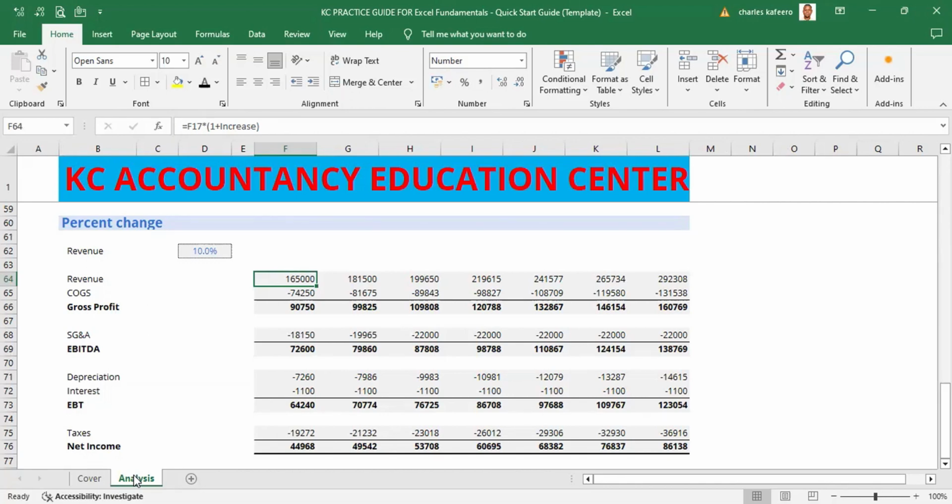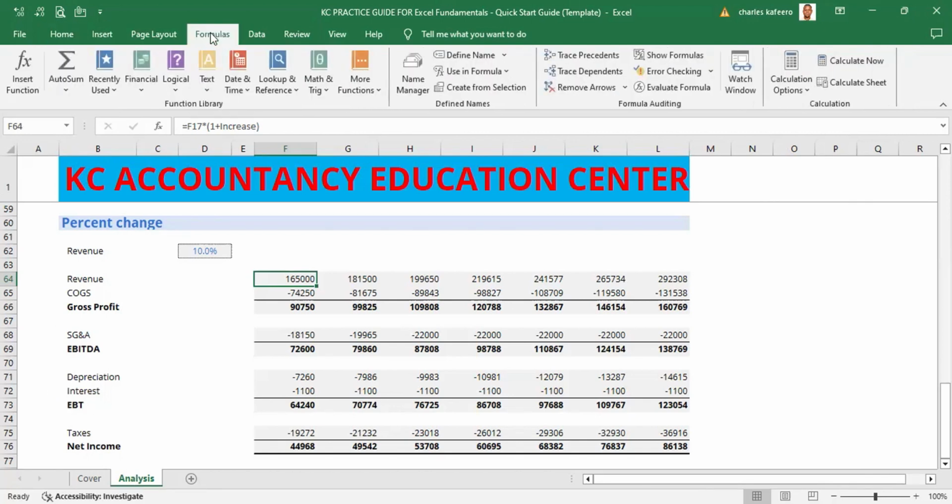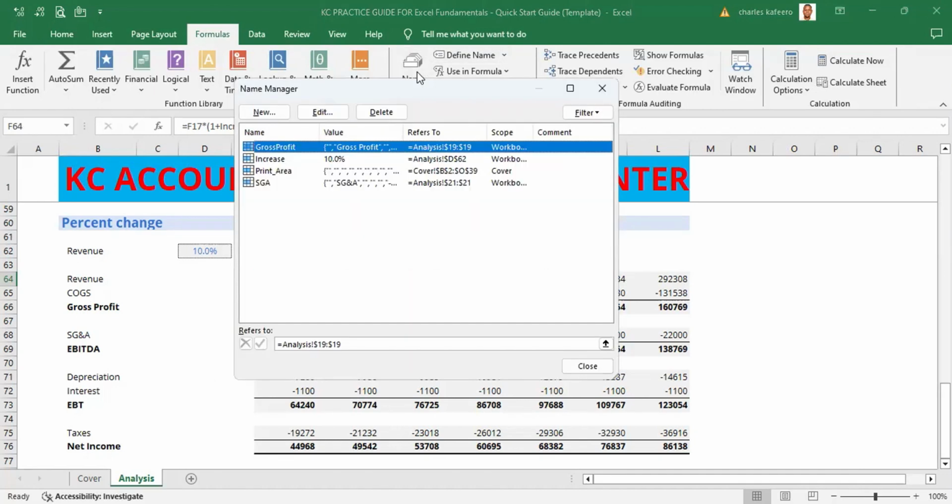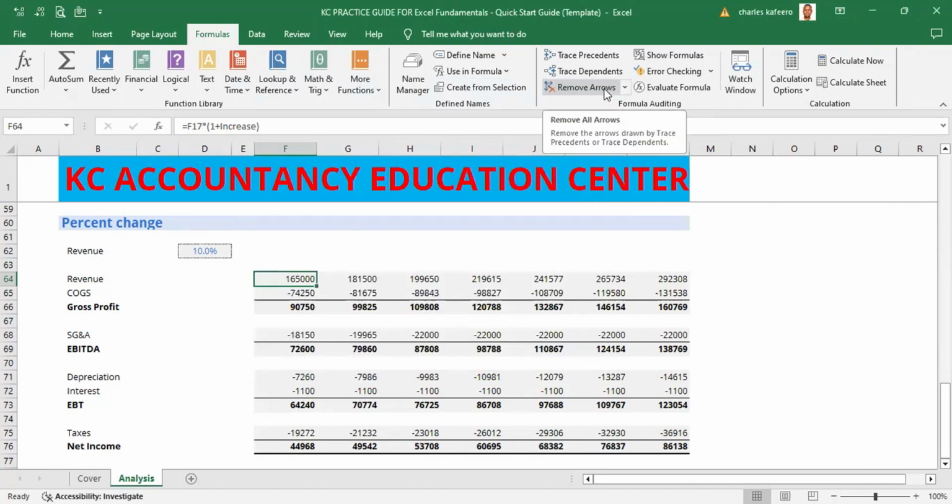names? So if you encounter names like the ones that we've seen when you are auditing a financial model, you can also look for those names in the name manager. You can see them right up here from these formulas. Then you go to name manager. When you hit the name manager, you will see the things that we've named. We have gross profit, we have increase, we have print area, we have SG&A. Those are the things that we actually named, and we can be able to see them under that format,